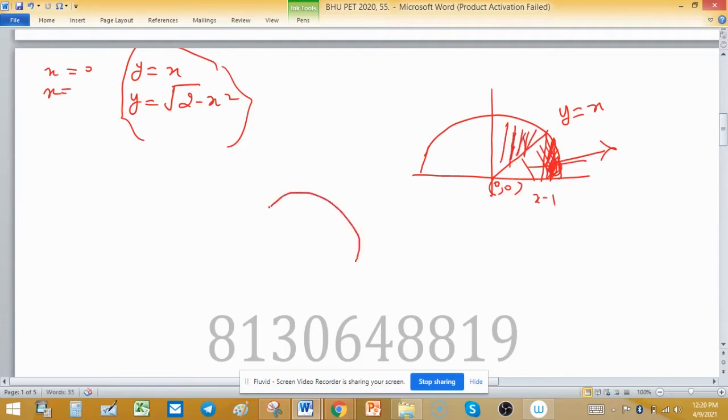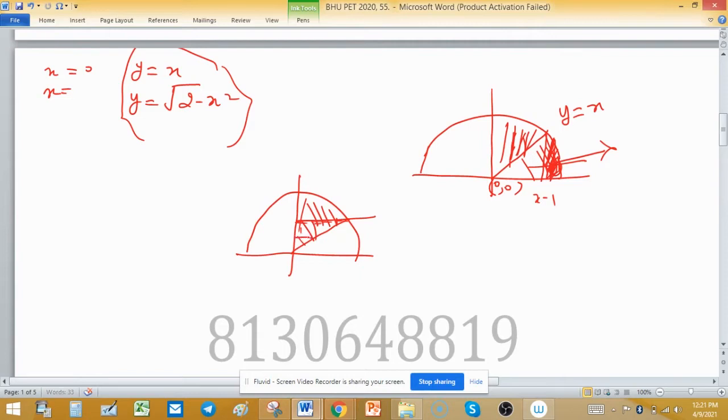I make another figure to clear the concept. This is the required region. Now we have to take integration over this region. So cut the area at this stage. So we have to take integration first with respect to x,